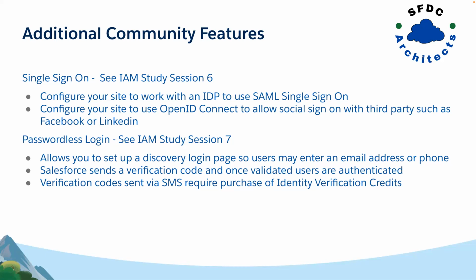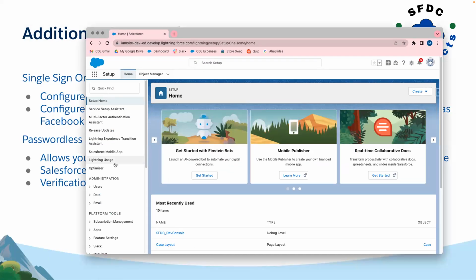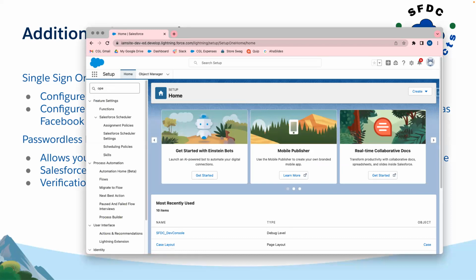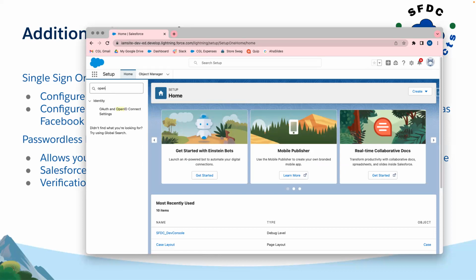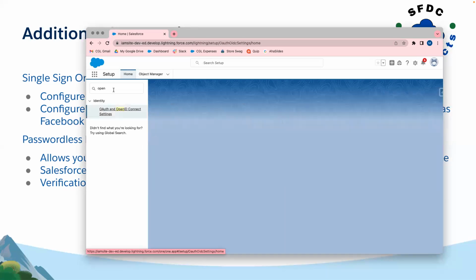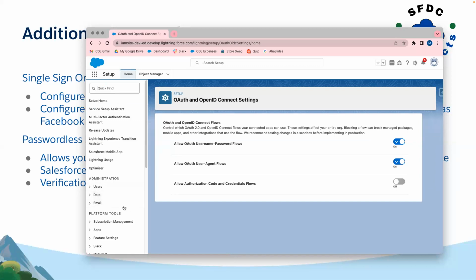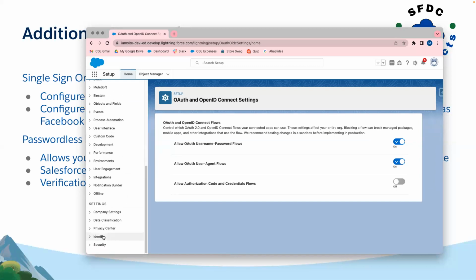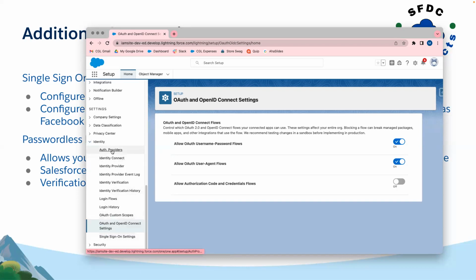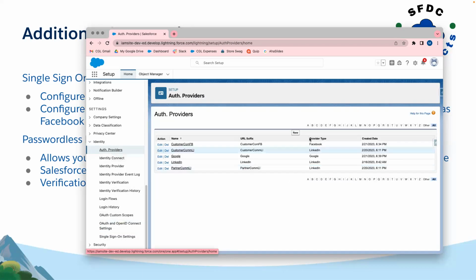And I'm logging in really quick to one of my orgs. I can show you that page. Nope, it's not OpenID Connect in settings. What is it? This is the other settings. Here. Under OAuth providers,